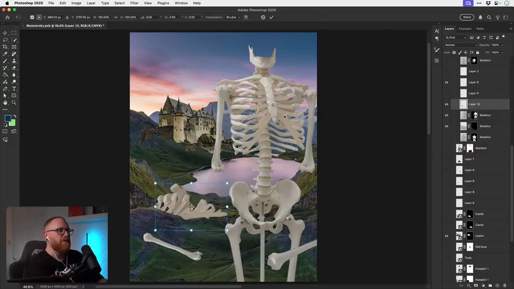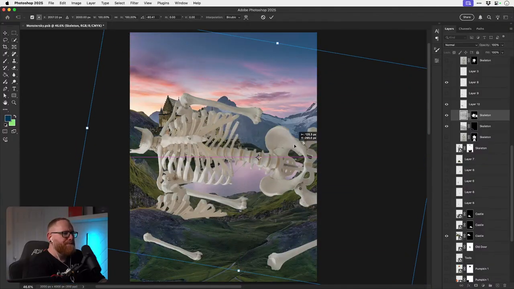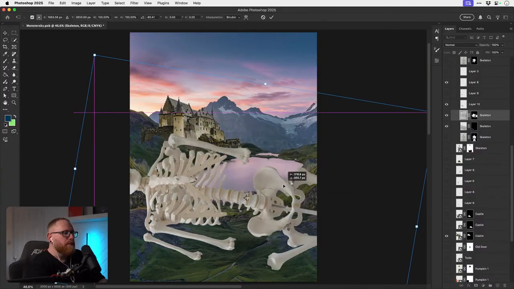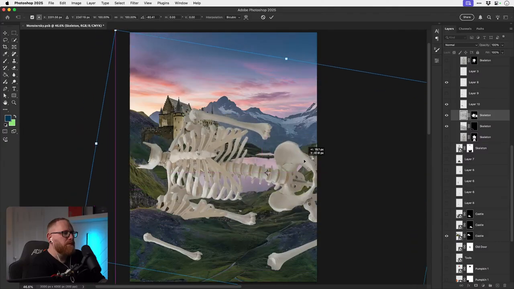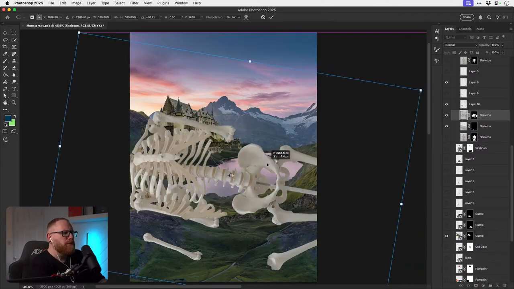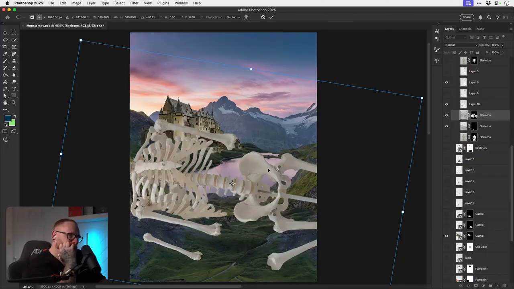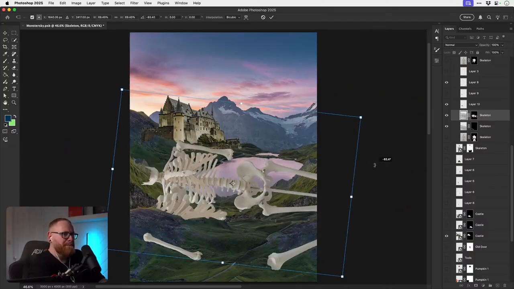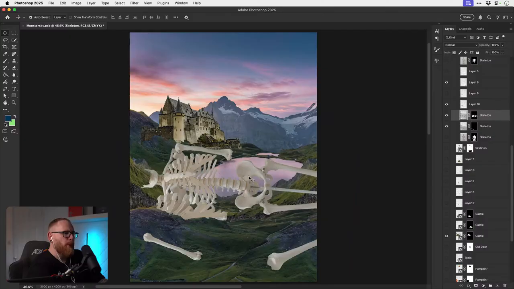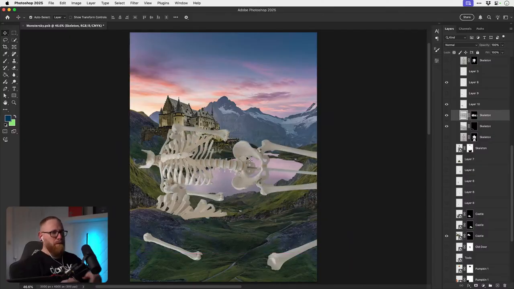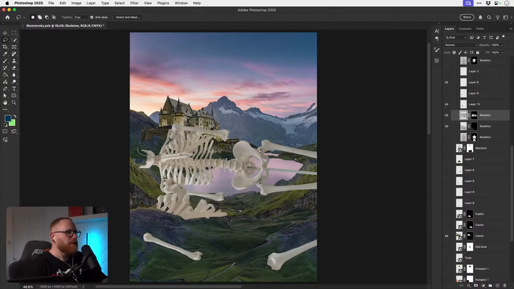Yeah, how would a skeleton look? I was just thinking about having half of the skeleton in the landscape. Where's my stylus gone? If I were to try this, I just focus on taking half.